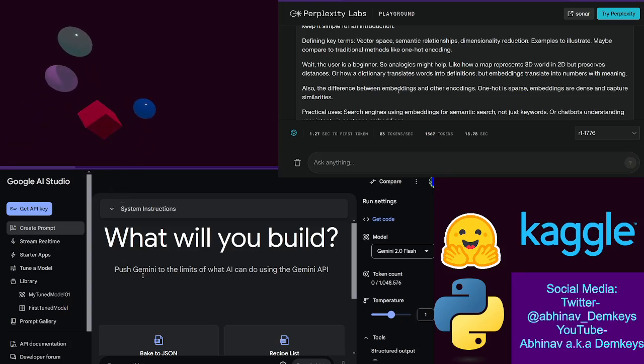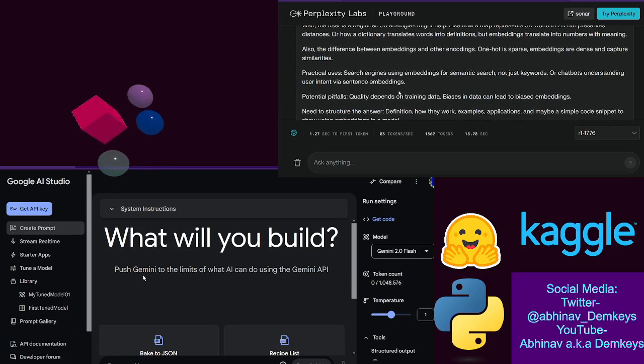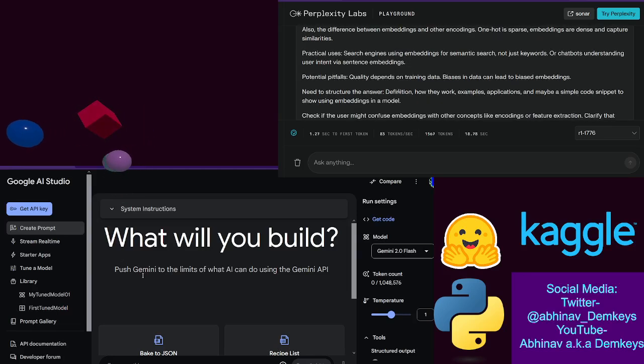Wait, the user is a beginner. So analogies might help, like how a map represents the 3D world in 2D but preserves distances, or how a dictionary translates words into definitions but embeddings translate into numbers with meaning. Also, the difference between embeddings and other encodings. One hot is sparse, embeddings are dense and capture similarities. Okay,